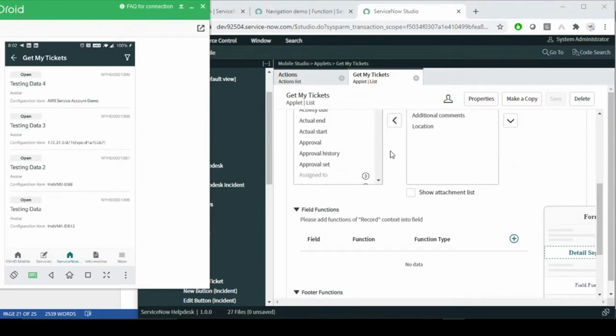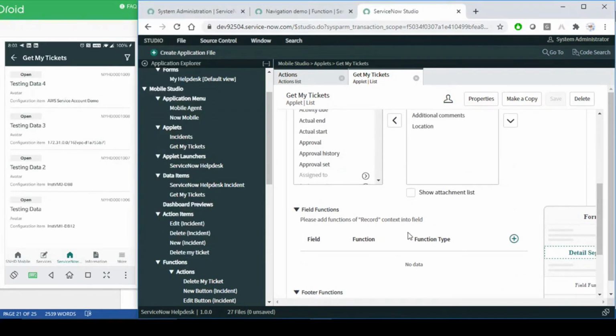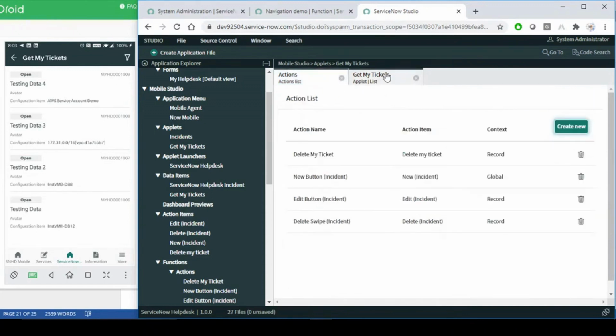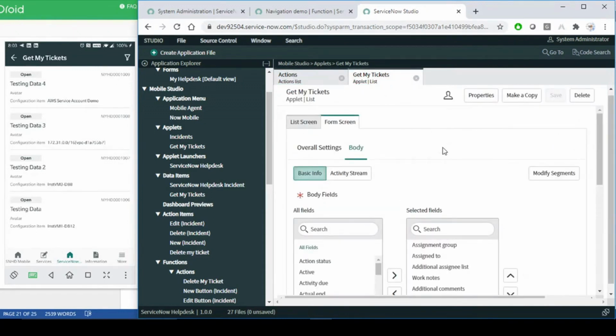And now in this video only I'm going to talk about field functions. We will be talking about the next session, basically. I hope you got it, like how we can create navigations. In the next video I'll be talking about the